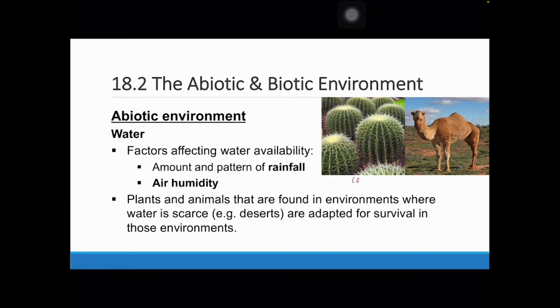Over here, I have the cactus plant, right? A cactus plant has a very thin and small surface area for its leaves. It's actually the needles that are the leaves. This helps to reduce the rate of transpiration, a bit of recap, so that the plant will not lose water that quickly and will not dry up or wilt and die. For the camels, they also have certain adaptations. They have humps that can help to store water, and they also have very long eyelashes to protect themselves from the dry climate that they survive in.